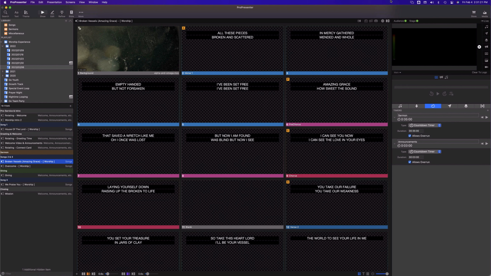In this video, we're going to talk about song arrangements. You can see right here on the playlist, next to the song name in square brackets, it says worship. All of our songs have this square brackets worship. That is a song arrangement. And if you want to see what the arrangement is and what the available arrangements are for a song, you